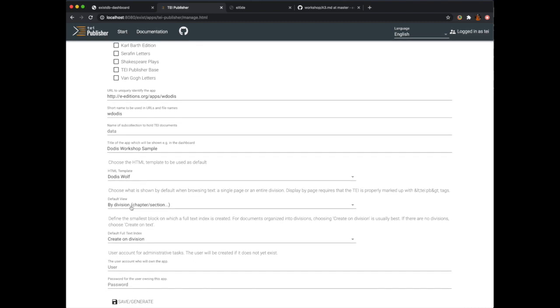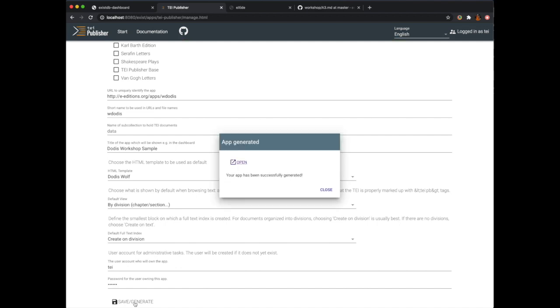Then I leave default view and default full text index as they are. And for the user, I could create a new user, but I will just reuse the already known user TEI with password simple. Next, I click on Save Generate, and it takes a little while because it will create directories and the general structure of the app and copy things. So now it has been generated. I can click on open,